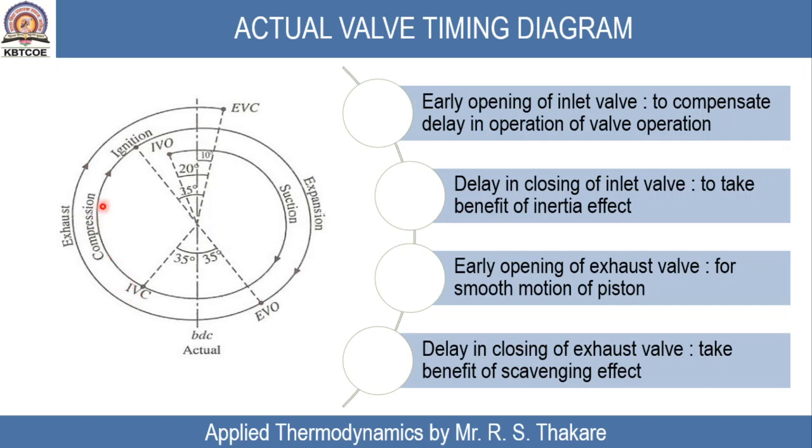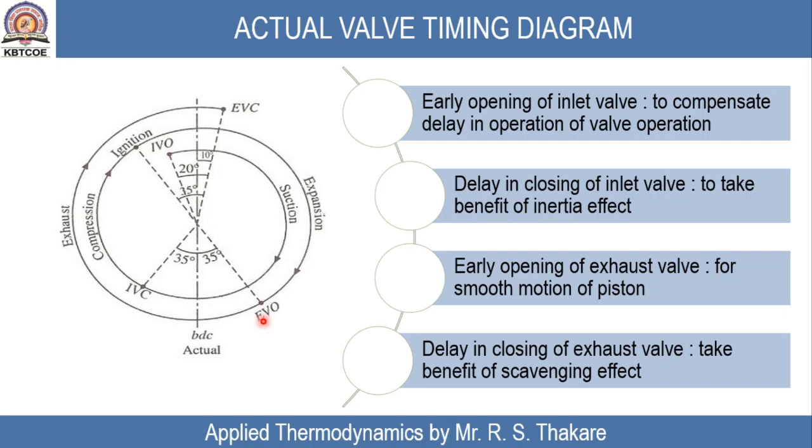Okay, after that there will be compression stroke, then ignition is provided well before piston reaches top dead center, so that there will be propagation of flame, that we can understand during understanding of stages of combustion. Then there will be expansion stroke. Now you can see there is early opening of exhaust valve. The products of combustion are applying pressure on the piston, and there is work done by those gases. Those gases are pushing piston in downward direction, and we suddenly open that exhaust valve. So there will be loss of work, there will be release of pressure.